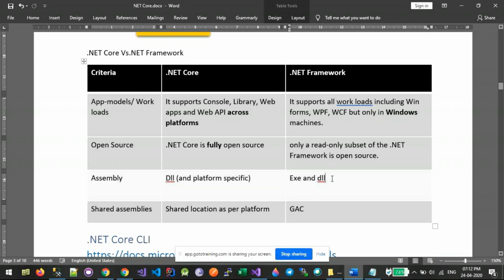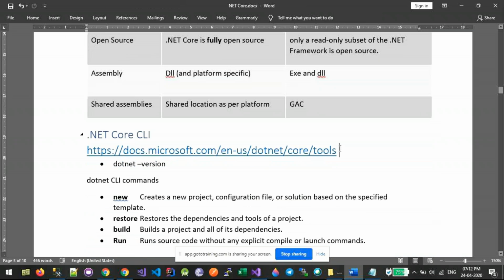If you create a .NET Framework application, the output assembly could be either exe or DLL, but in .NET Core everything will be DLL, but with the latest SDK we can also create a platform-specific assembly. And the shared assemblies were earlier installed in the global assembly cache, but now they will be added as per the location on the platform, since we are targeting other OSs also.